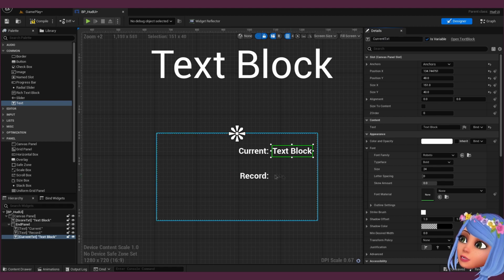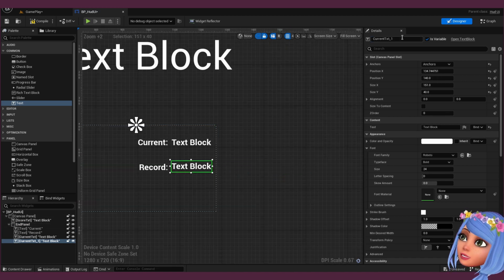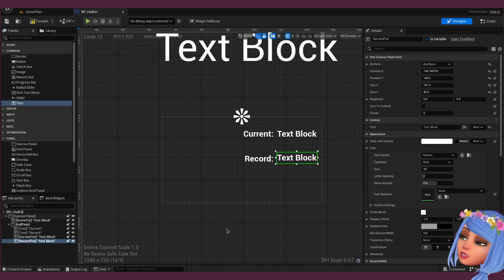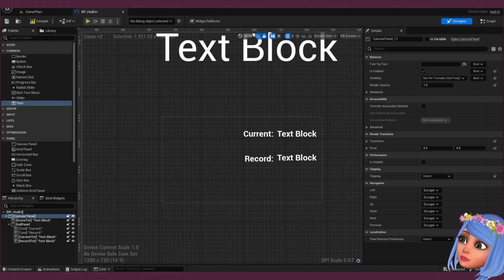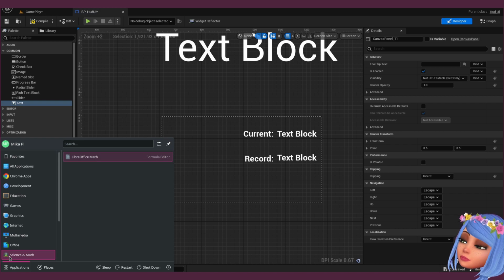Current text, Control C, Control V, and this one is record text, and then let's draw image of trophy. So let's open GIMP.